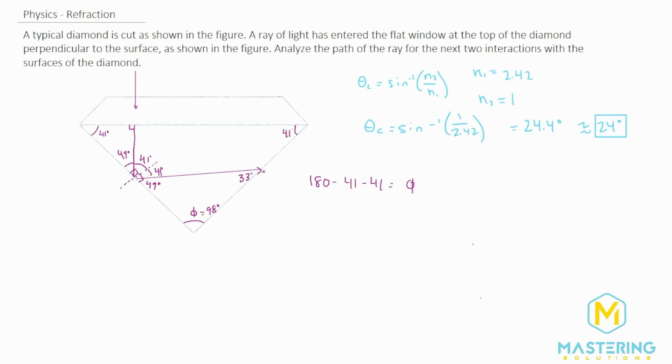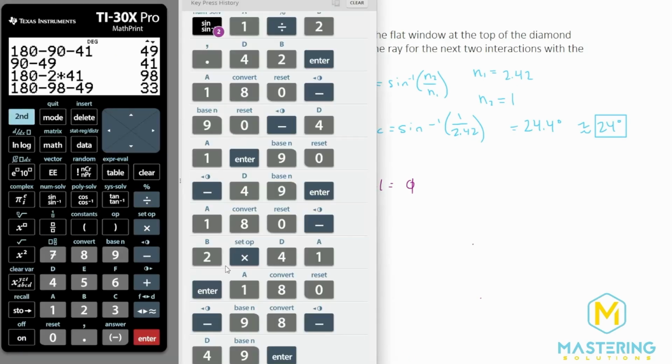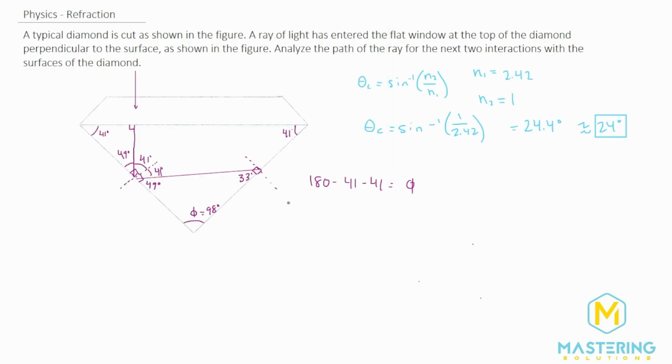Now this is the interface where we get another interaction. So here's another normal that's perpendicular, and again, we have another 90. So now we can do 90 minus 33 to solve that angle. So our new angle of incidence is going to be 57 degrees. And that will be the same right here, so that's also 57 degrees. And again, the angle of incidence is going to be larger than the critical angle. So we will also get total internal reflection again.